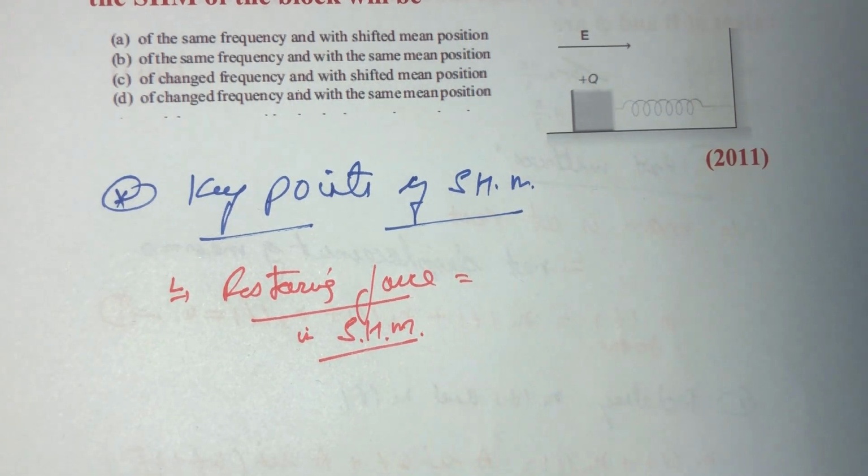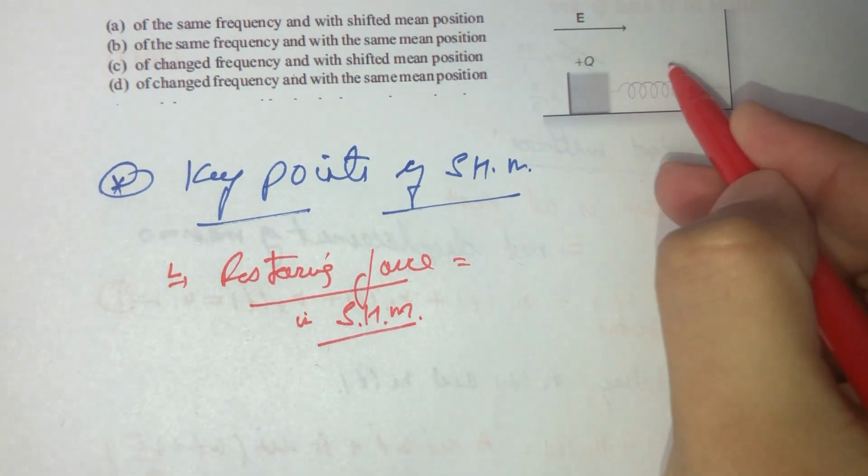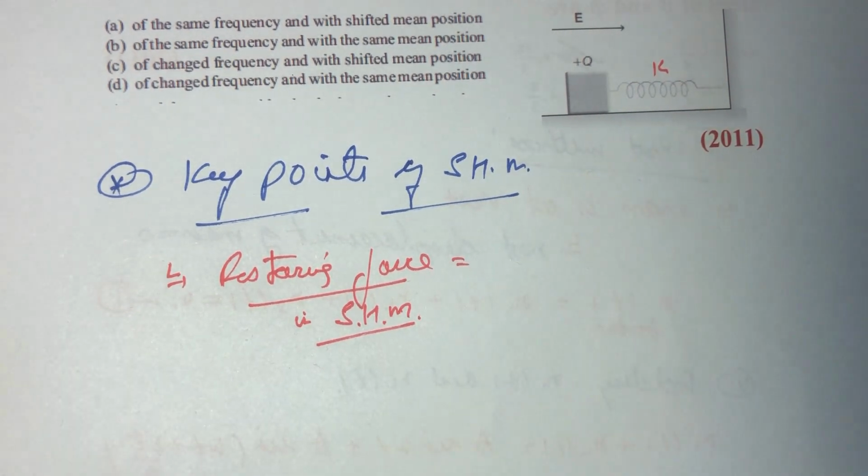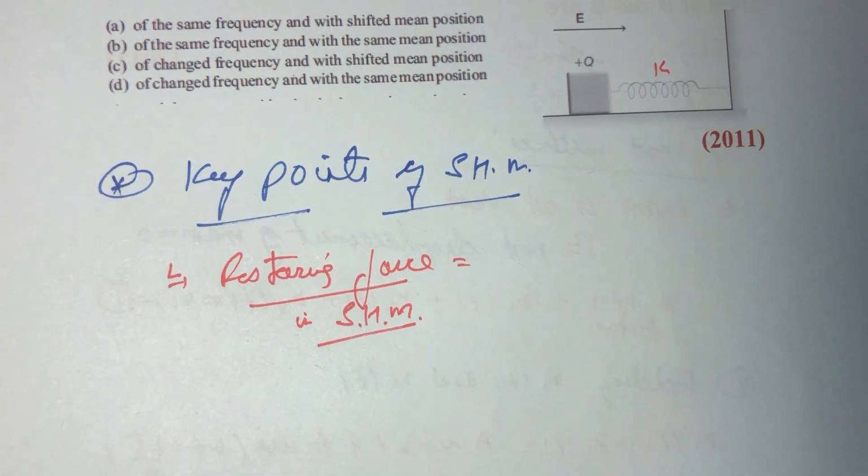If we say x is the displacement from its equilibrium position or mean position, then the restoring force of the spring will be equal to minus kx, where k is the constant of this spring. Let us suppose this is k, the spring constant. So we can say restoring force in SHM,